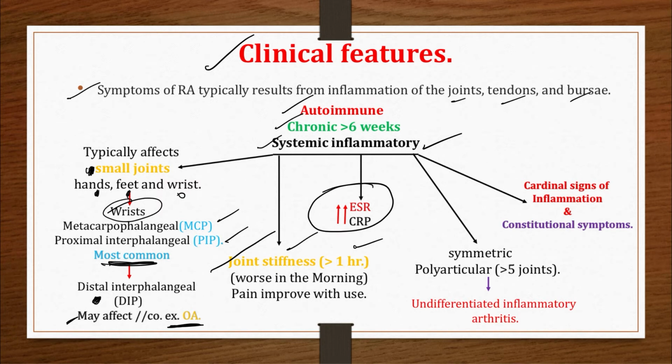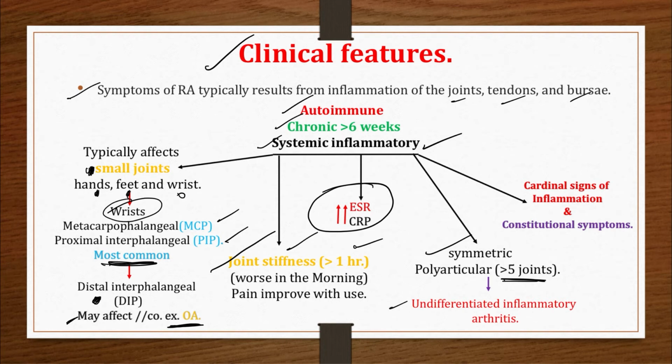Also, as we know, this is symmetric polyarticular arthritis, which means affecting both wrists equally and involving more than 5 joints. Sometimes, when we cannot classify it as a specified rheumatologic disorder, but the patient is having joint swelling, pain and stiffness,